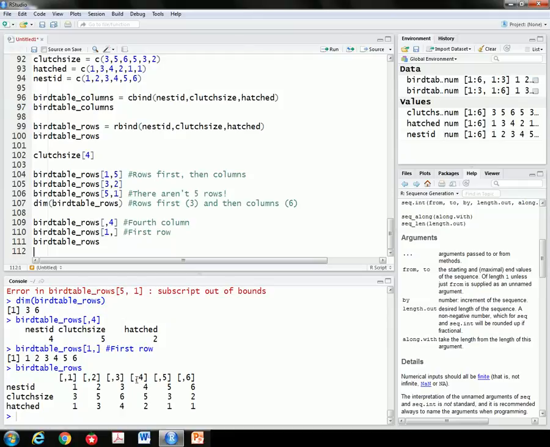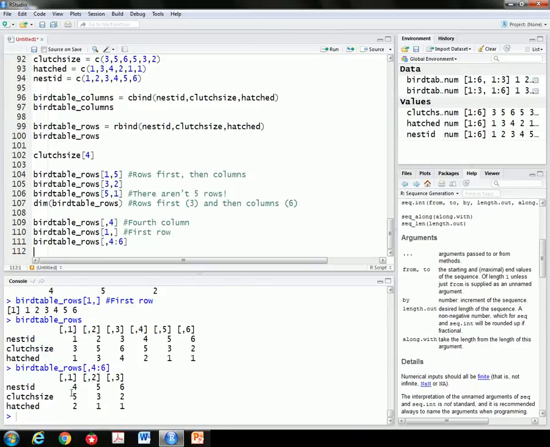Maybe I just want the 4th, 5th, and 6th columns. How would I do that? So I'm going to go 4 to 6. Now I'm getting just the 4th, 5th, and 6th columns. 4, 5, 6, 6, 2, 1, yep. So this is just the only chunk of the data that I've taken. I could also do that equally by going,